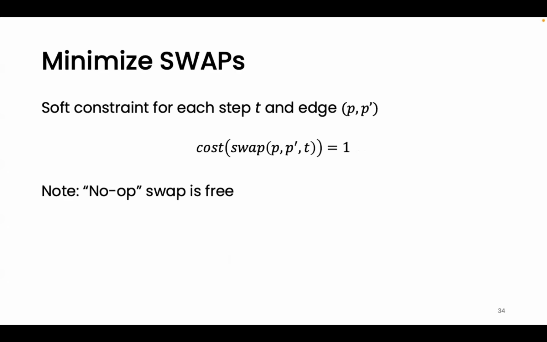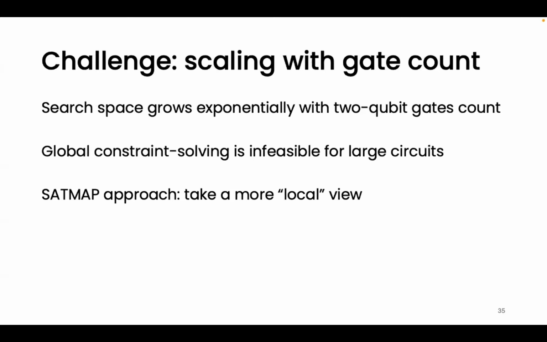And then finally, like I mentioned, we're associating a cost of 1 for each swap variable. So these soft clauses are just single variable clauses, assigning a cost of 1 to everything except for our trivial swap that's not actually swapping anything. Any questions about this? I went a little quick through that encoding, but